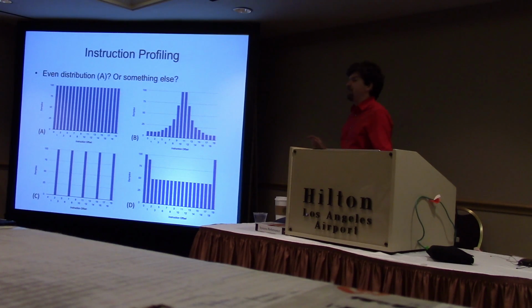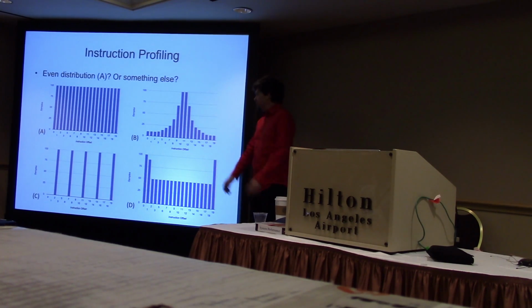Hands up if you think it's going to be A. It's just going to be even. We're just doing a loop, hitting the instructions once. No. What about B? For some reason, it's going to be like a normal distribution. Ah, good. I've started getting some people, one person. What about C? Wow, now people are getting interested. Now we've got 5, 6 people saying C. What about D? Now we get much more people.